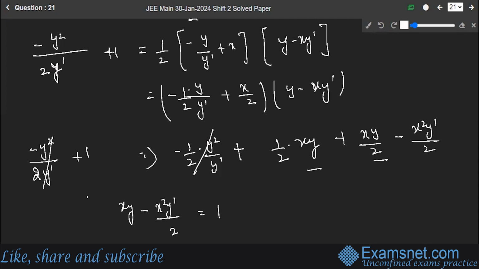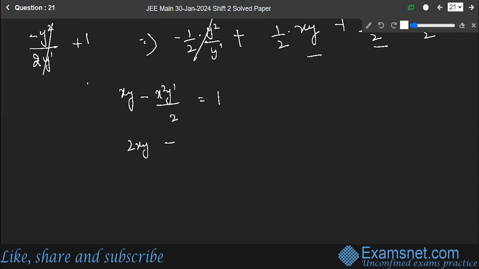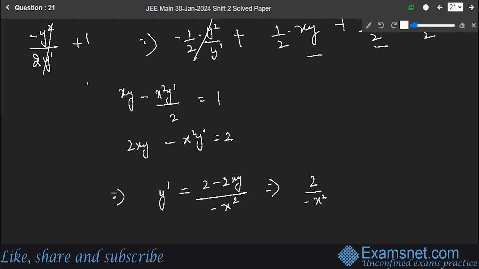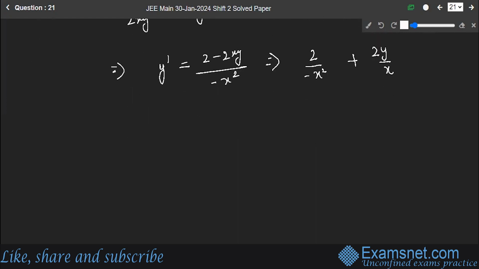is equal to 1. Multiplying both sides by 2, you have 2xy minus x square y dash is equal to 2. Making y dash the subject of the formula, you will have y dash is equal to 2 minus 2xy upon minus x square, or simplifying this, you will have 2 upon minus x square plus 2y upon x. All right. So let's simplify. I will write it as dy by dx plus minus 2 into y upon x is equal to